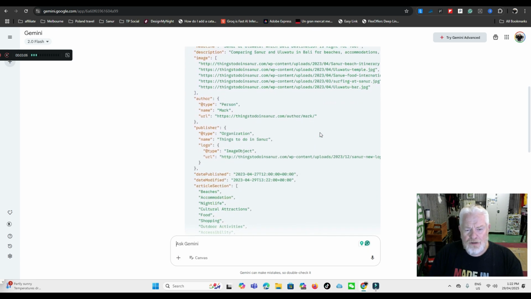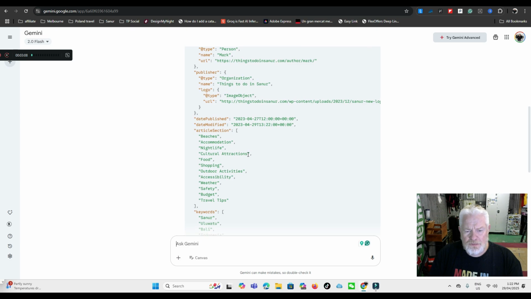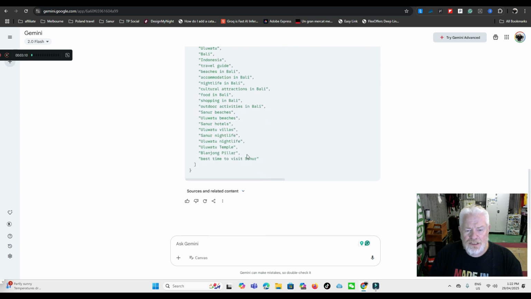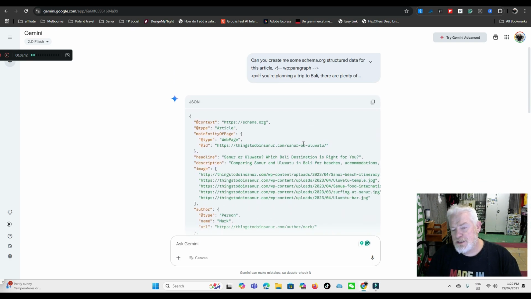So it's just generated some article schema for us with some keywords, with some article sections, and that's fine. So that's a simple start to the process. So what we need to do then, because most schema, when you do it through Rank Math or Yoast, is actually coded into the head of your pages, but we don't want to access that in case we stuff something up. So we're going to do it the beginner's way,